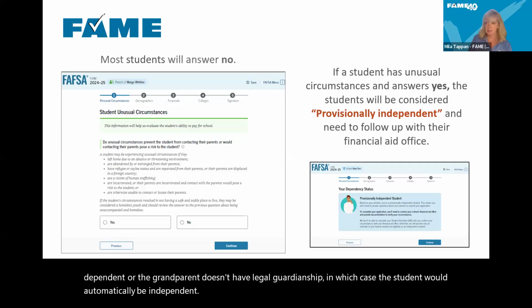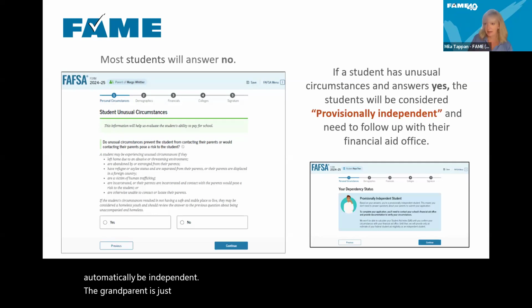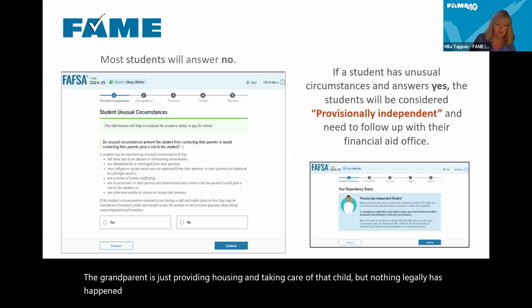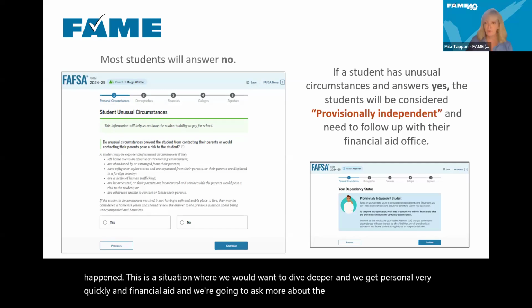The grandparent is just providing housing and taking care of that child, but nothing legally has happened. This is a situation where we would want to dive deeper, and we get personal very quickly in financial aid, and we're going to ask more about the circumstances. So for example,